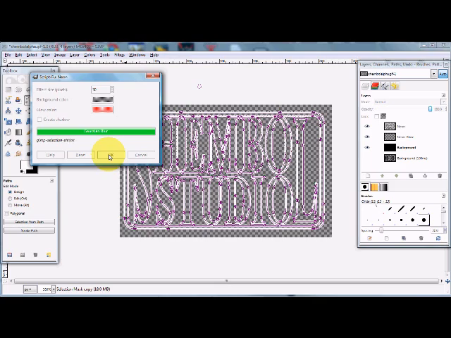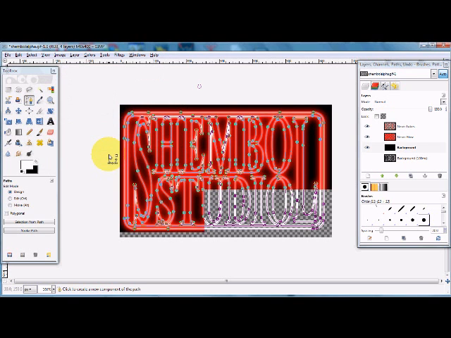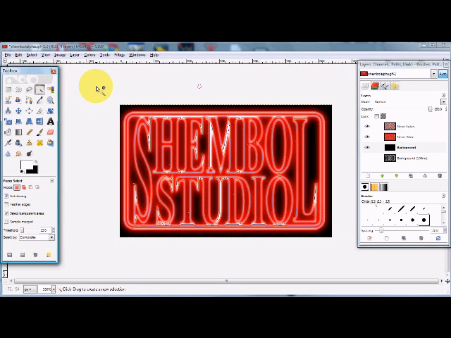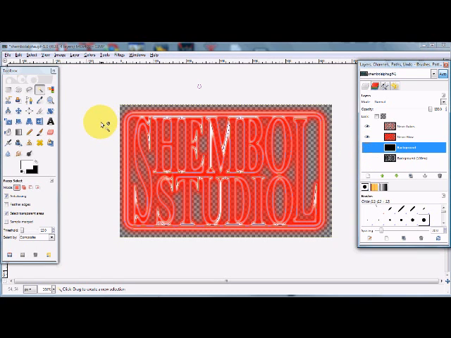Alright, it'll just be a couple more moments and then it's all done. And voila, there we go. We have a nice neon glow on our text. And it also put in a black background because that was also in the dialog. So you can also take that out. You know, you can do that. Add it to some kind of a transparent background, whatever you want to do. And there you go. You have your neon text,